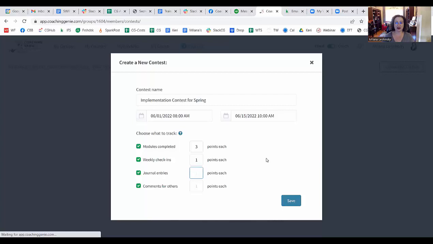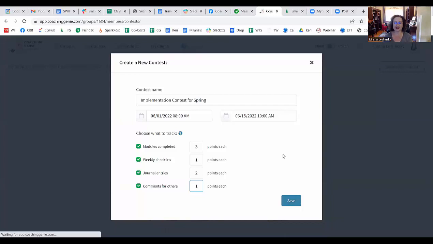Journal entries is where my clients usually submit homework, so I'm going to give it 2 points each. And then comments for other people, whether they're commenting on journal entries or weekly check-ins, because people can comment in the group. So here we go, we have all these points. So if somebody takes action constantly and consistently, they're going to be at the top of the leaderboard.